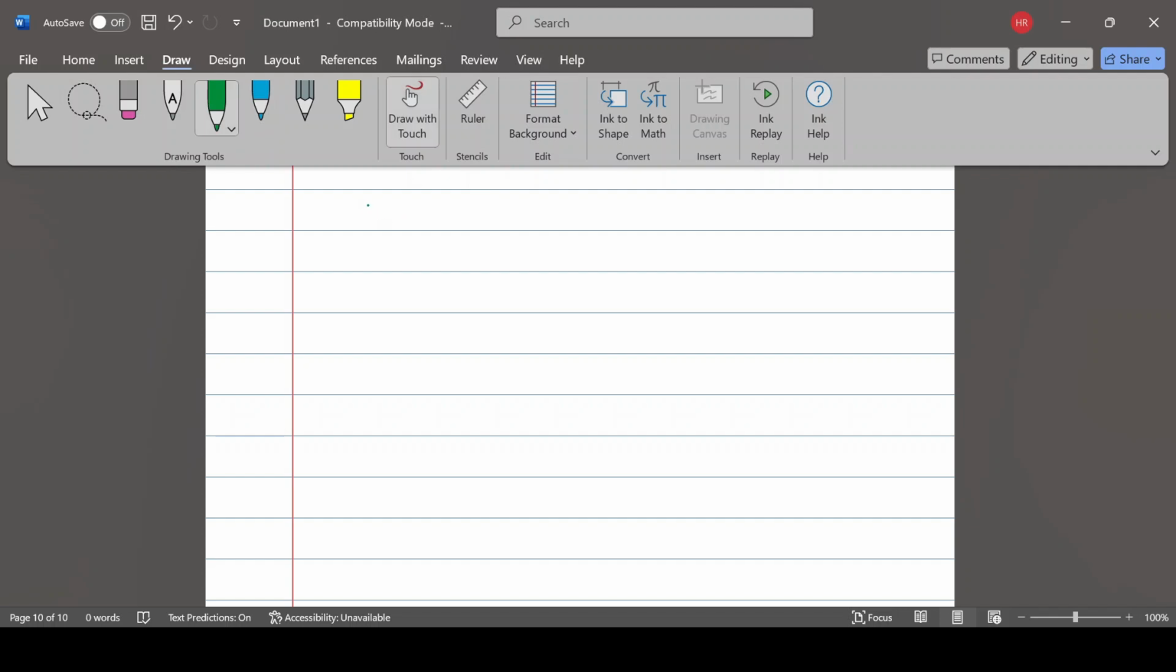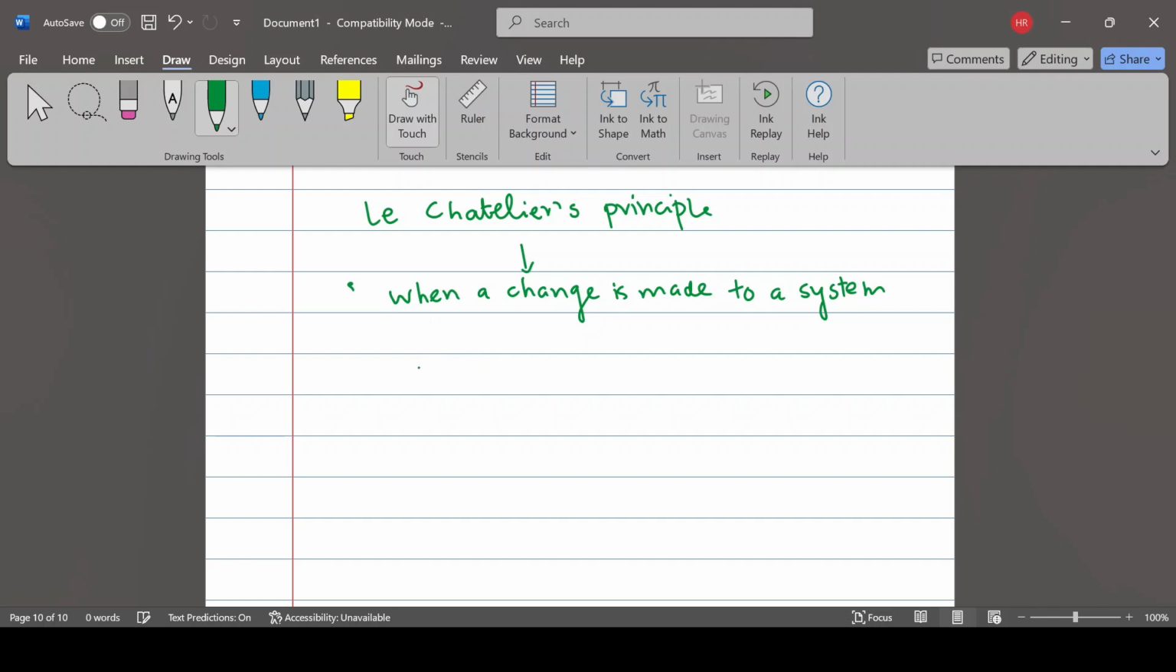So another main topic that we discussed that is associated with reversible reaction is a principle called Le Chatelier's principle. Let me first write down what the principle says itself and then I can explain it. It basically says that when a change is made to a system, and by system we basically mean the reaction itself, in equilibrium,